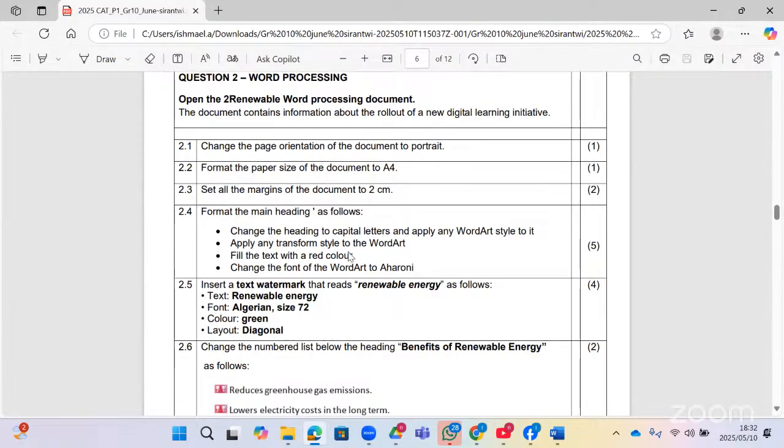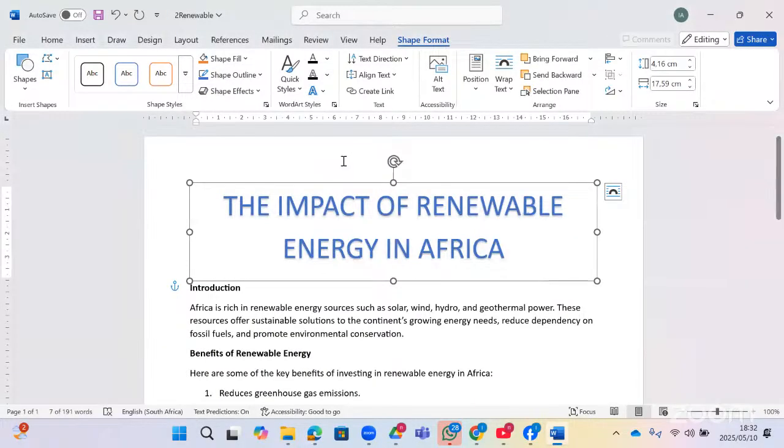Right. Now, this question says you must apply any transform style, and then we'll fill it with the red color. So how do we get a transform style? When you click on the word art, it's also going to give you shape format, just like the text box or also pictures. You always see shape format. Now, when you go to the shape format,